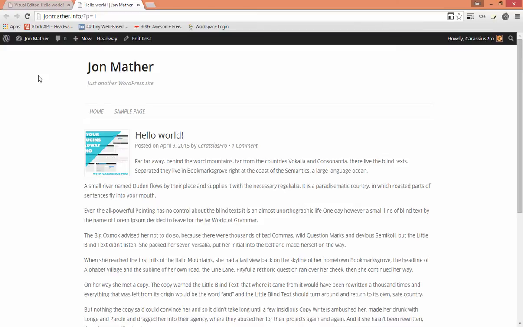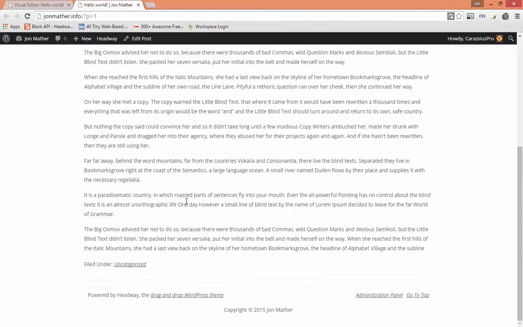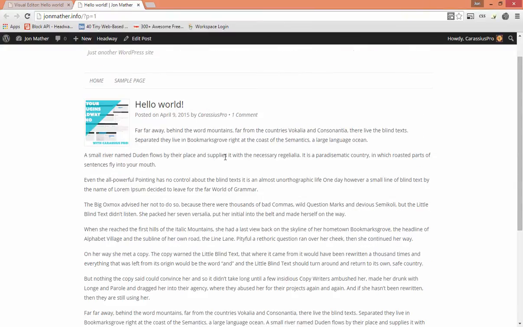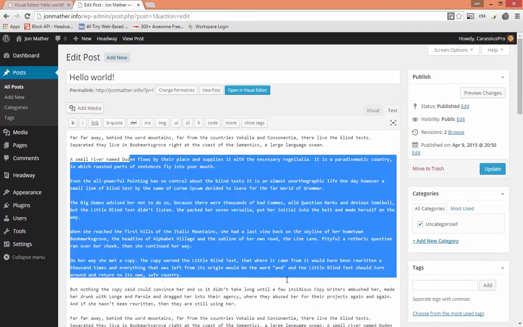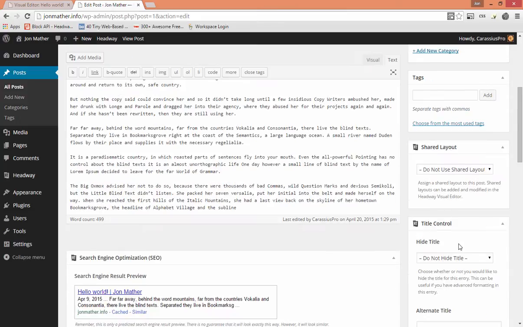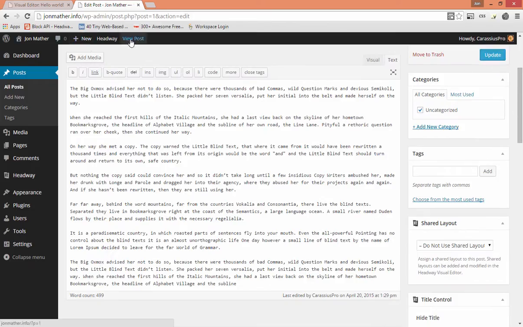So you can see here I've set up a basic Headway theme site with a generic post, and some lorem ipsum text and a basic featured image. Nothing too exciting about this post. If we go in and have a look at the post in the back end, you can see none of that makes any sense. It is just a normal post with a featured image. So let's go